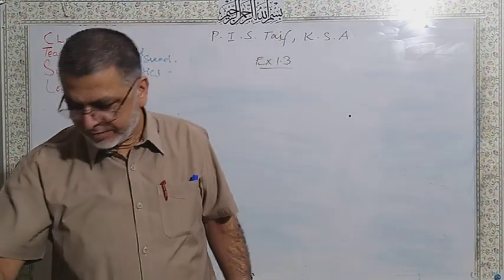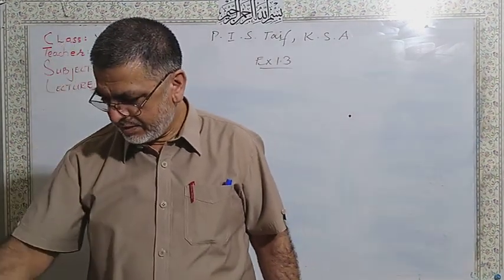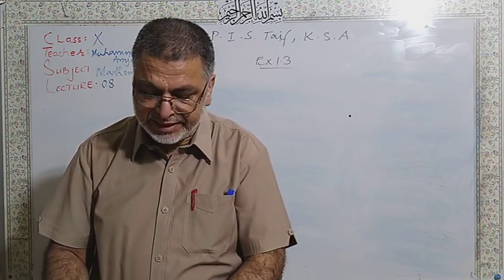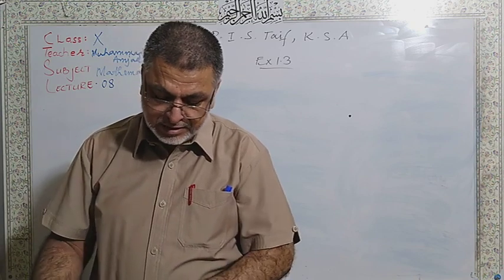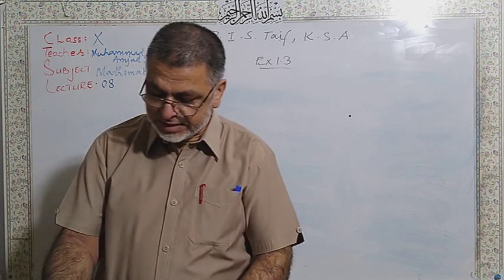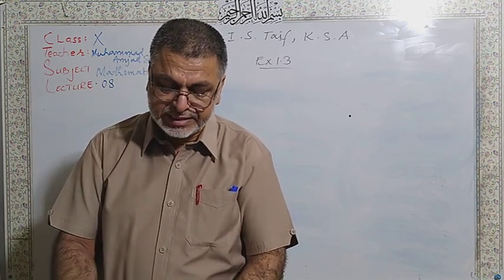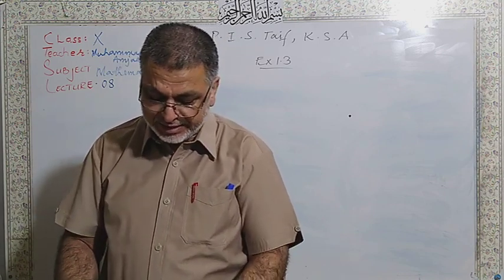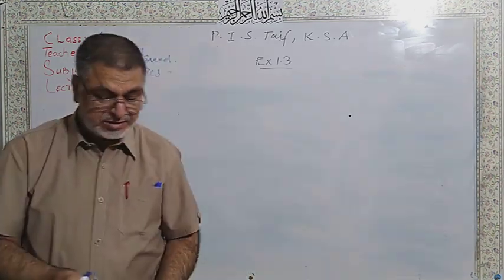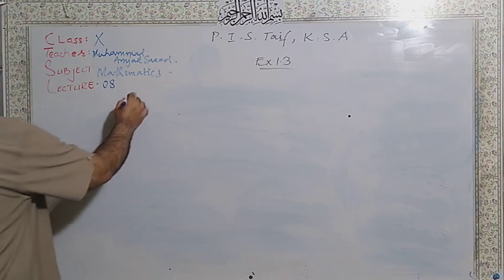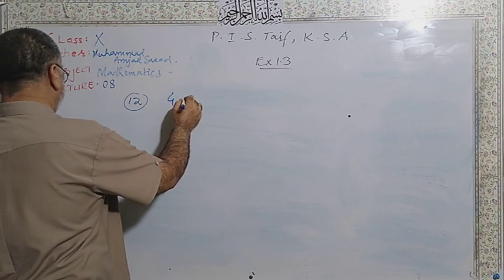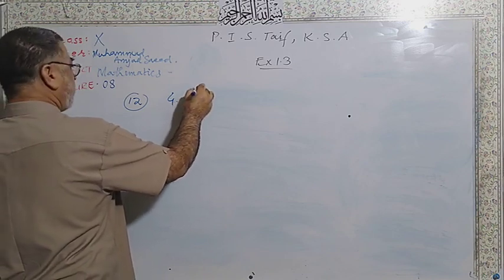After that, we have question number 11, and question number 11 is the same, just like question number 10. You will divide both sides of the equation by x square, then simplify and you will get your correct option. After that, question number 12, this is another type of equation. This is an exponential equation.